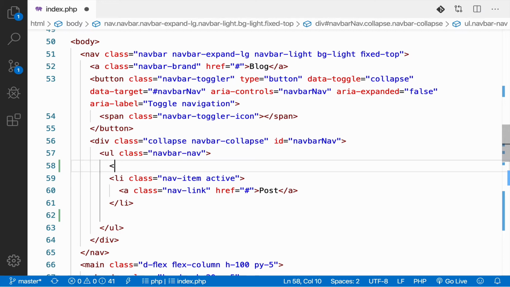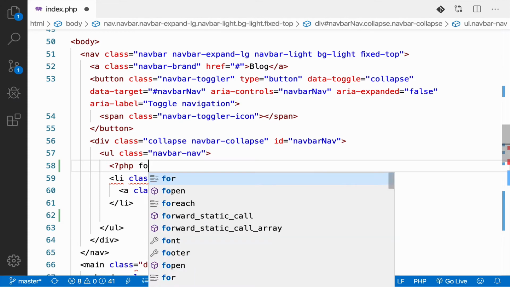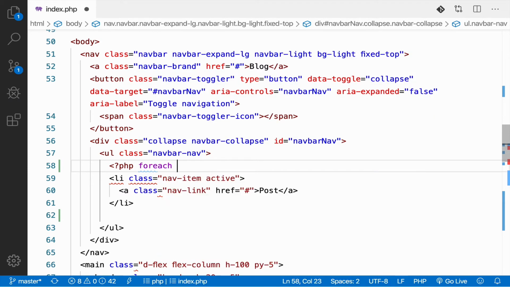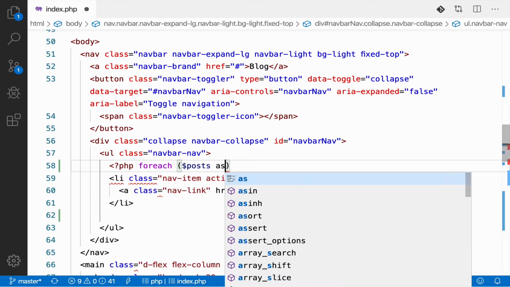So we'll open up our PHP block. We'll do foreach. Now remember, the foreach works the opposite or reverse of the for of loop in JavaScript. So we do the array first. So our array here is posts. Then we do as